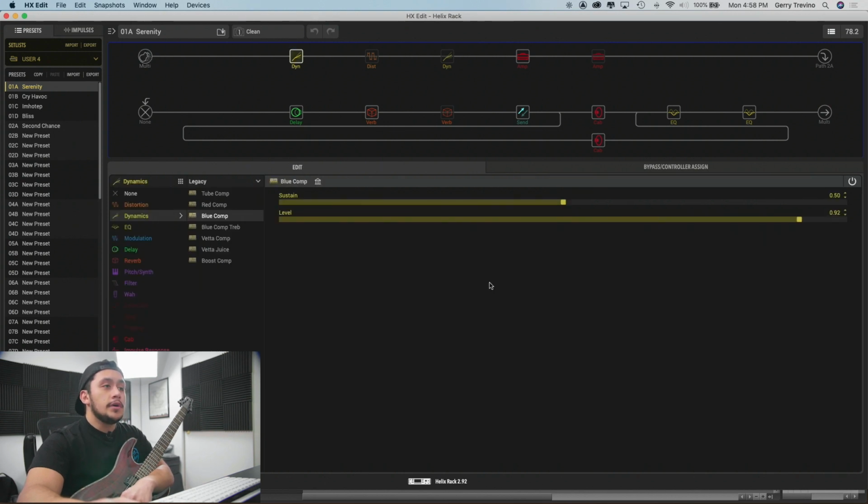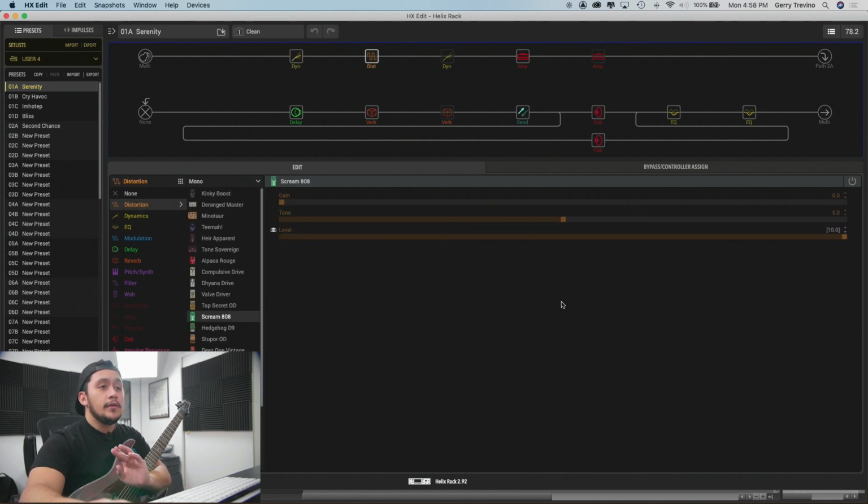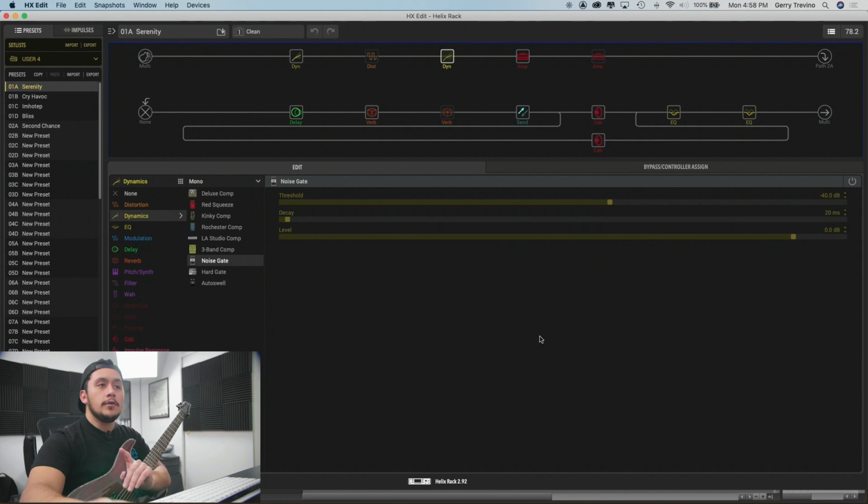Moving on, I have this Blue Comp compressor that's being used for the clean tones and the lead tones and things like that. After that, I have a Tube Screamer that I'm using for the rhythm tones and the lead tones. This is that other noise gate that I was telling you guys about. This is really only for the rhythm patch. I get a lot of